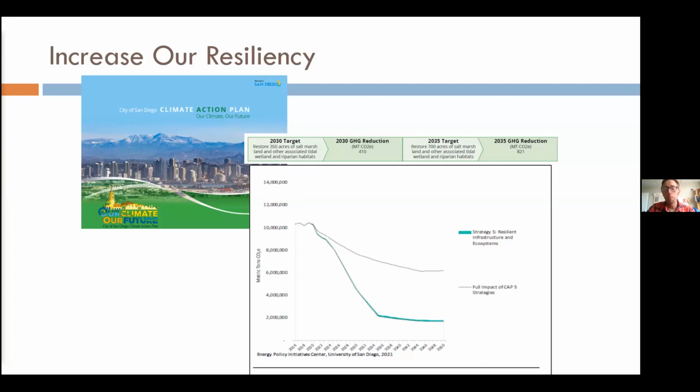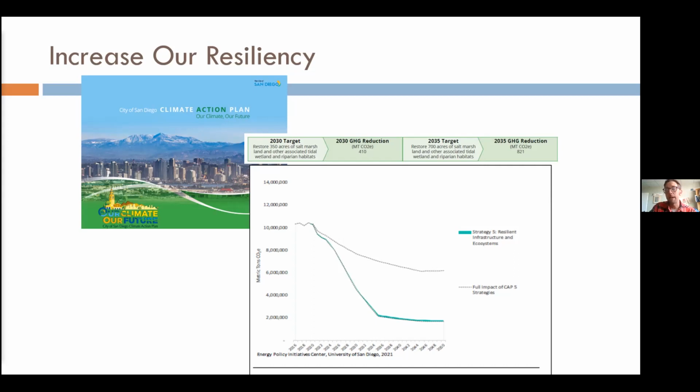So there's a lot of co-benefits to it, but it also is the only strategy in the city's plan, at least, that is talking about going negative. So this is not about, and we need to deal with this certainly, but this is not about lowering the emissions that we have from our other necessary pieces of our development and our lives and our communities here in San Diego. It's about sequestering some of that carbon that will have to be emitted from many of the other pieces of our lives here.